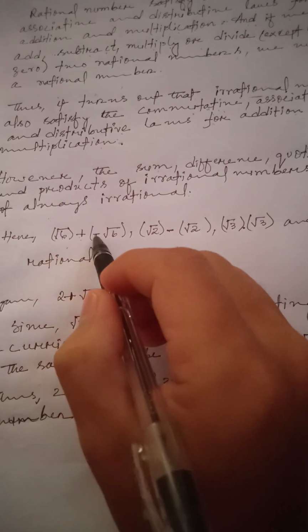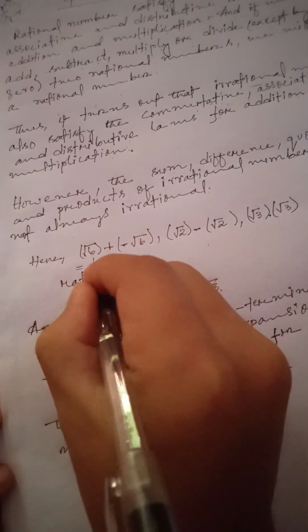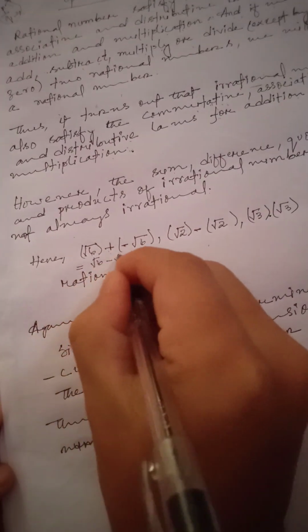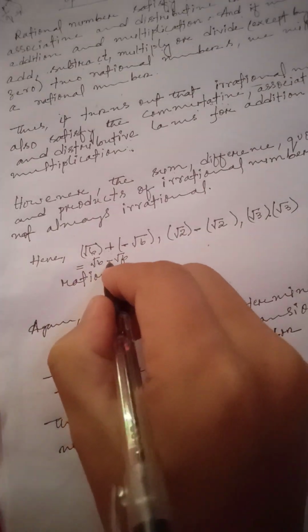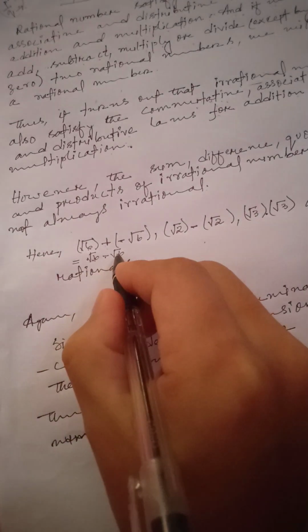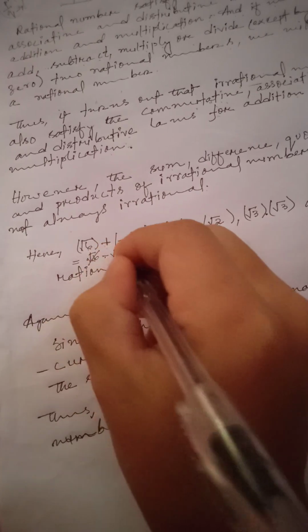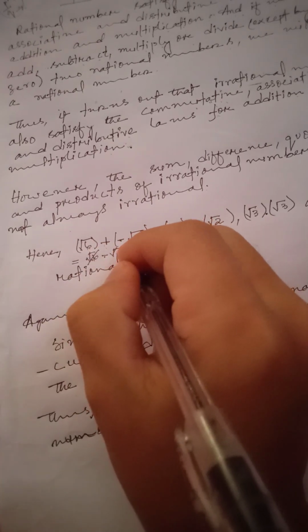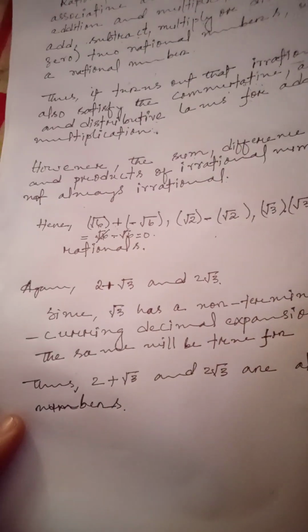Let us do this: root 6 minus root 6. Here it is plus and here it is minus, but the values are root 6 and root 6, so we can cancel these two. If we cancel them, then the result should be 0. Since 0 is a rational number,